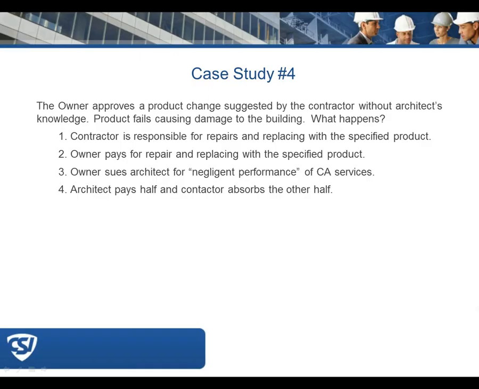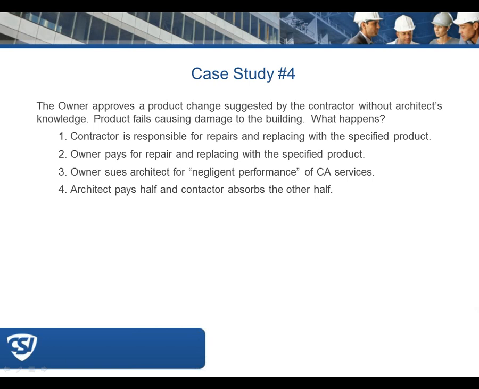Item 3, again, I think could come into play. And again, it would be a disingenuous owner where the owner says, well, Mr. Architect, you wrote the documents, you knew what was specified, you saw that the contractor put in something that wasn't part of the documents, you didn't address it,